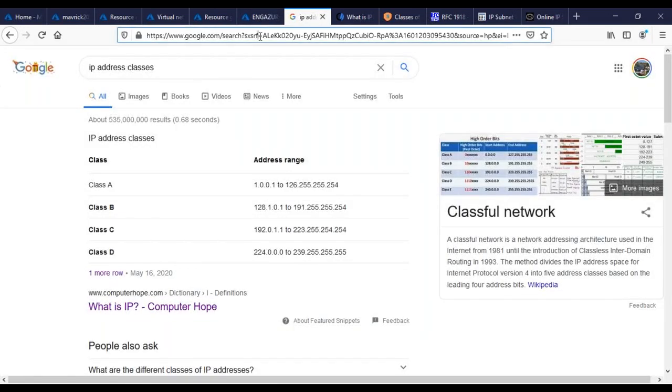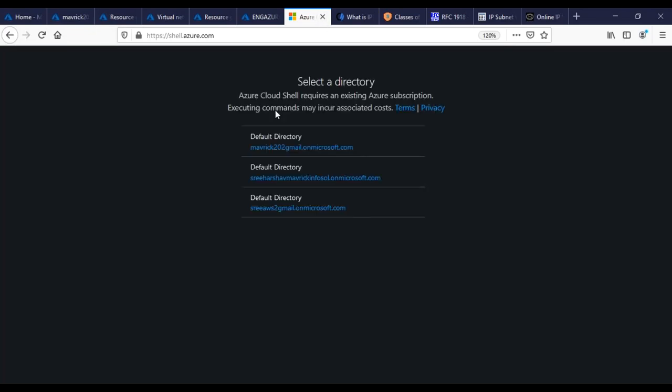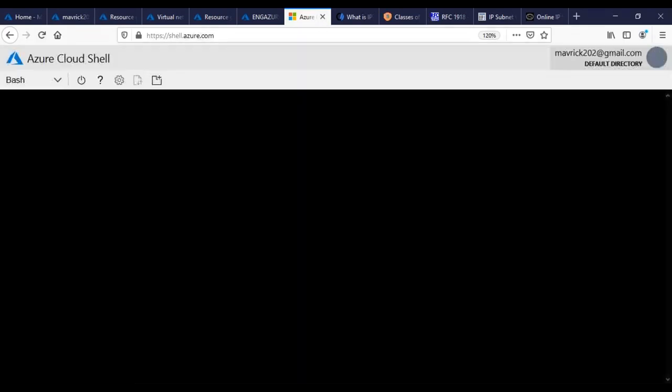What I do is I go here directly and type shell.azure.com. Of course you can create it, it will open a full window, but my habit is I directly open it. And the first time you create it, it will ask you to create a storage account and everything. You can do that. So now I'm here.